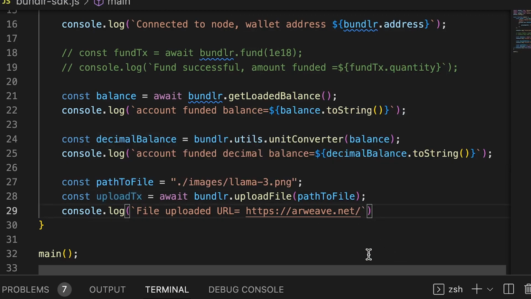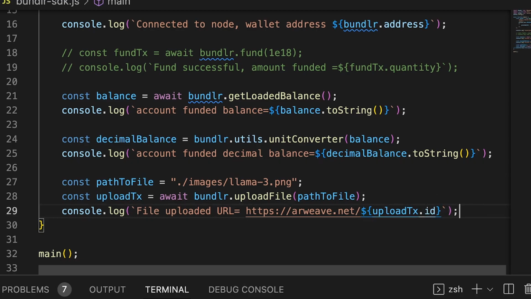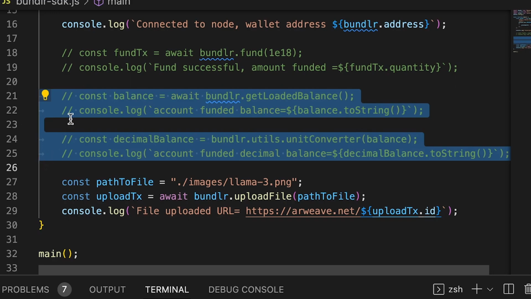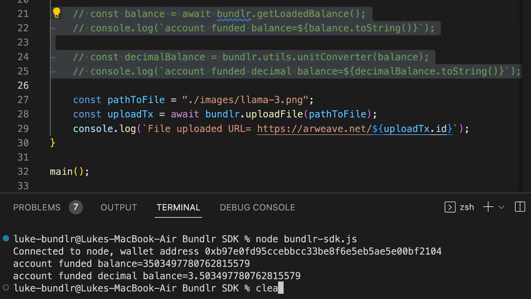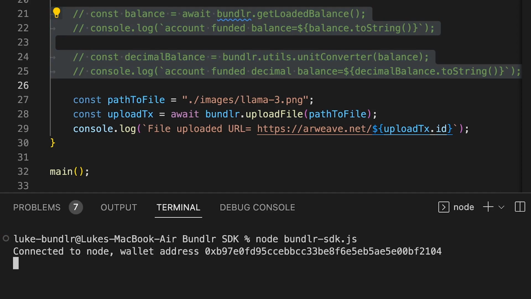So we can do it this way: uploadTransaction.id. All right. Format that. Account balance, we don't need to keep printing this, right? Just comment that out. Save that. Clear. Bundler SDK. Let's run it.